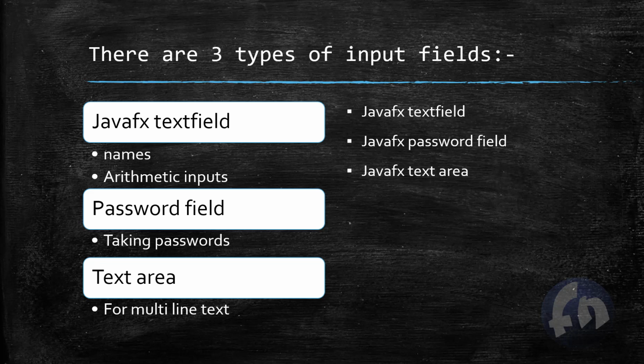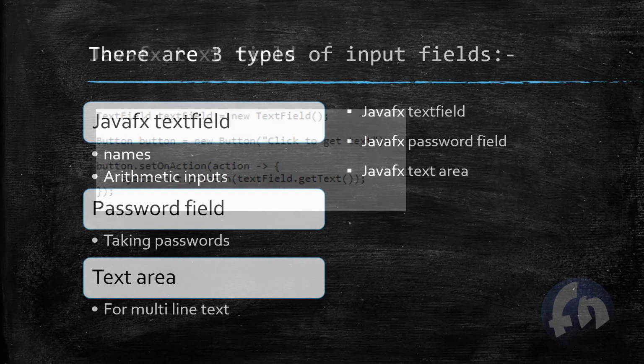The text area is used for multi-line text, and multi-line text simply means that it's a text that has more than one line. Okay, so we are going to create this in code, and we are going to append them into our GUI and see how they work. We're also going to see how to